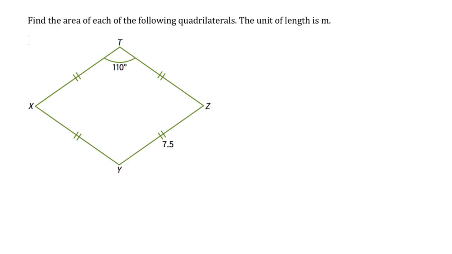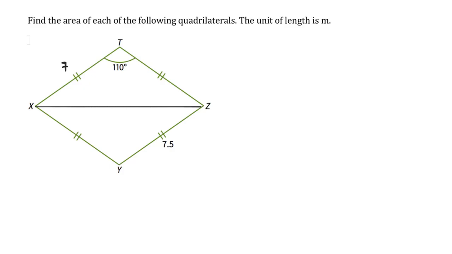Hello everyone, welcome to this question where we are given the rhombus. In this question, all the sides are equal. Find the area. Well, in this particular question, it will be useful for us to note that we could actually draw a line here to break the rhombus into two equal triangles. And knowing that all the sides are equal,